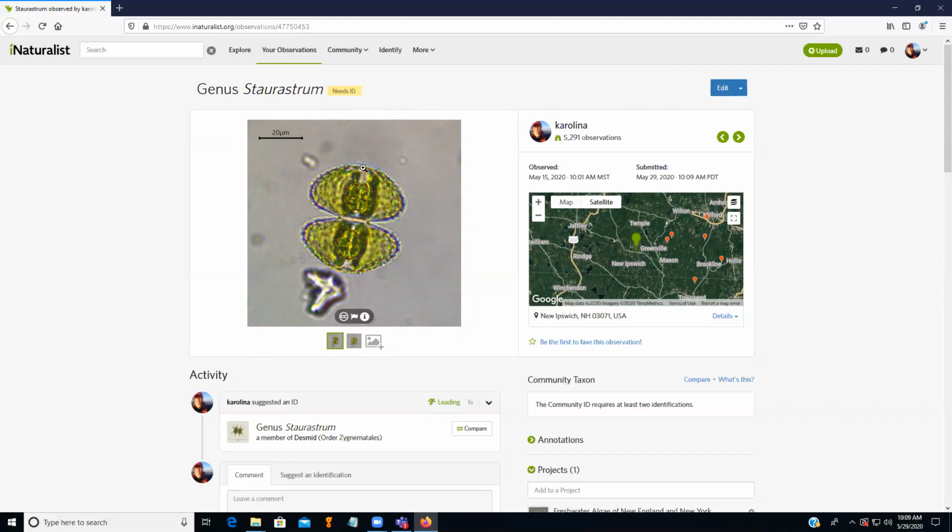So this is really convenient for sharing the observations, having other experts weigh in on the taxonomy, and it being sort of a permanent record of where and when this species was seen, with photo documentation and again, ideally also some other